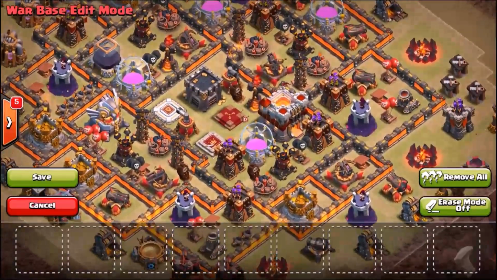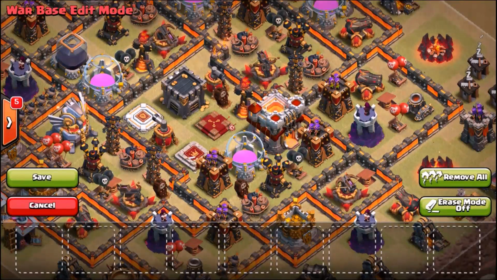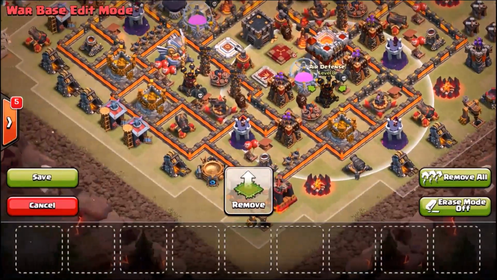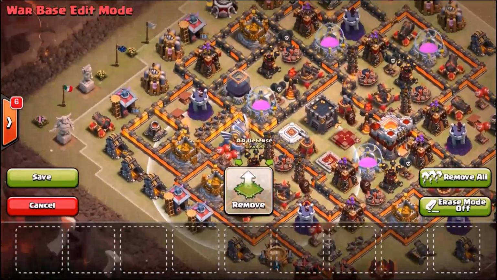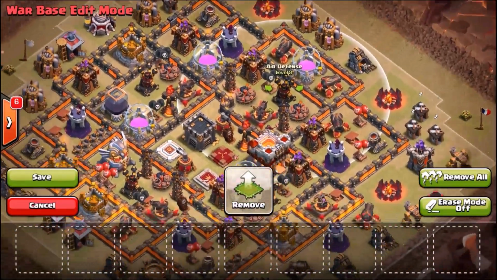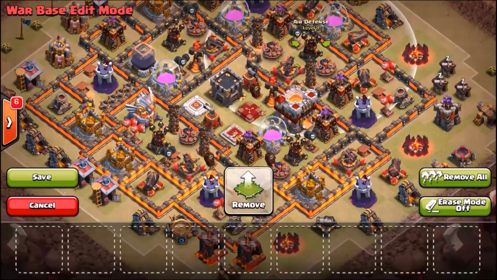Now, the real key to this base is the air defenses. It makes it really difficult, if not impossible, to execute a nice queen walk. But the center is a little bit vulnerable to zap. But look at the air defenses, by the way. You can see they all wrap. They're all perfectly inside, so the queen won't target them, but obviously they can also have some overlap along the